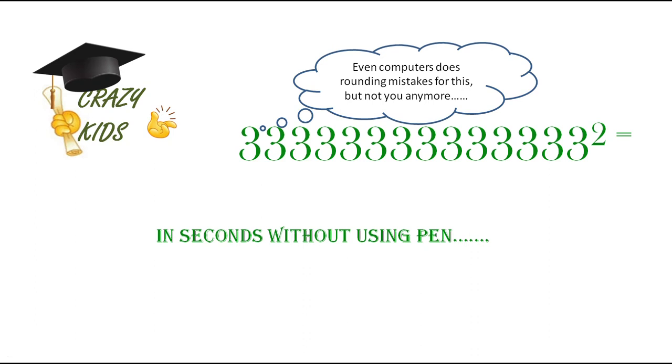Today we will see how to write the square of a 3 rep digit. A 3 rep digit is nothing but a number which has only 3 as its digits. When there are so many digits involved in the number, even when we perform that operation on a calculator, at times we will get rounding errors. So if we know this trick, we can very easily put down the answer without any error.